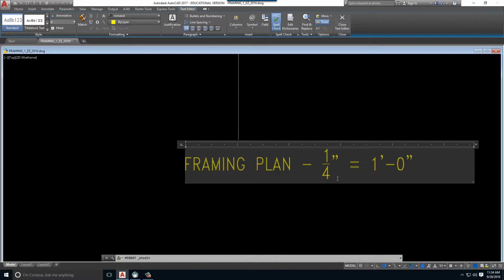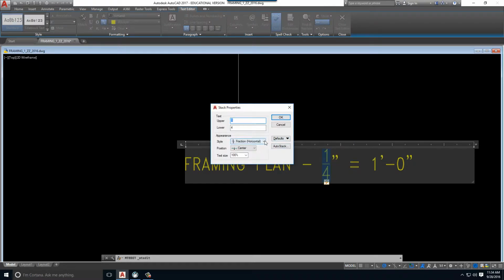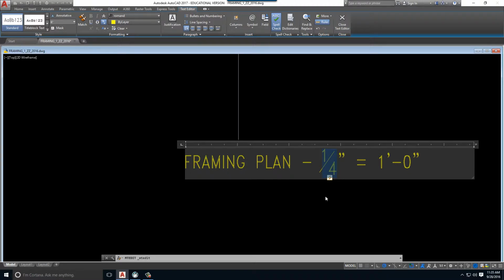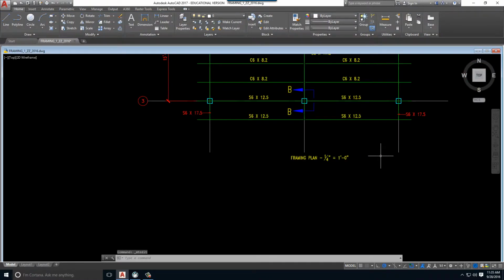And what else I can do, I can go in here, if you don't remember from AutoCAD, and I can go into the stacking properties, right? See the stack properties? I just highlighted it, right-clicked, and I like mine structurally, architecturally, civilly. I like to make them diagonal. They just look more architectural in nature, right? And now I can do another little